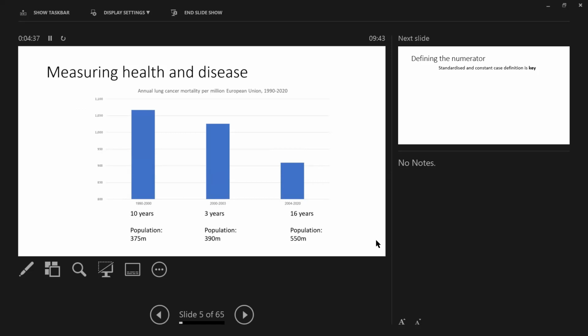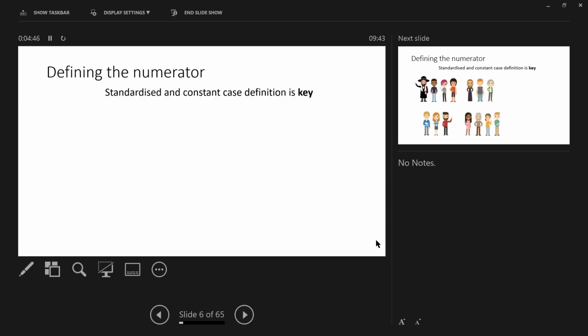Right? So when we're talking about the numerator, the other thing that's really crucial is that the case definition remains constant, right? So if you are collecting all surgical cases, I don't know, all bladder cancer cases over a 10-year period, it's important that what is and isn't a bladder cancer remains constant over your time period, right? If you're doing patients with, I don't know, generalized anxiety disorder, don't change the definition halfway, because it will mess up your